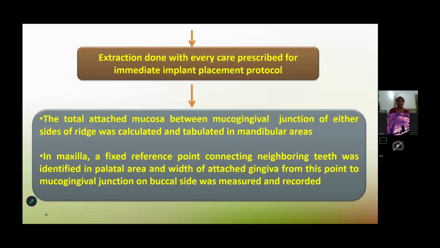Extraction done with every care prescribed for immediate implant placement protocol. The total attached mucosa between mucogingival junction of either sides of ridge was calculated and